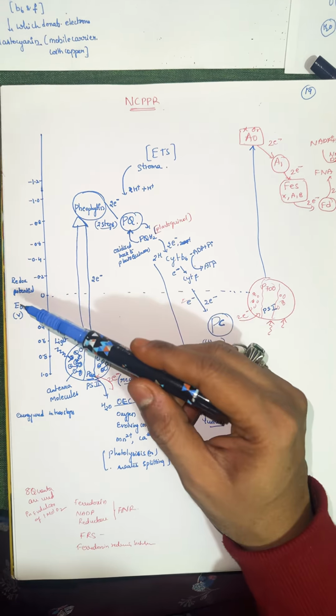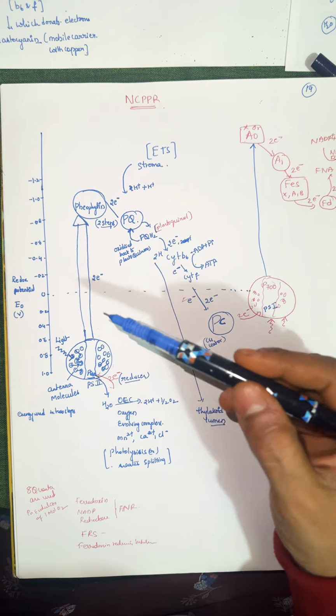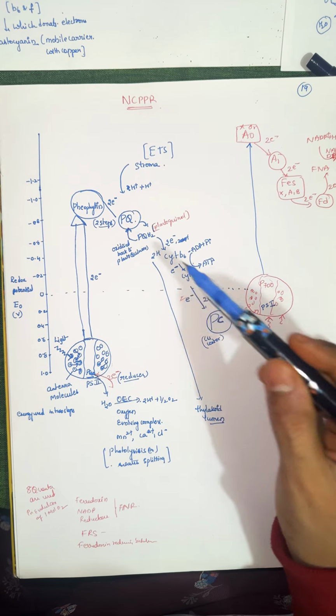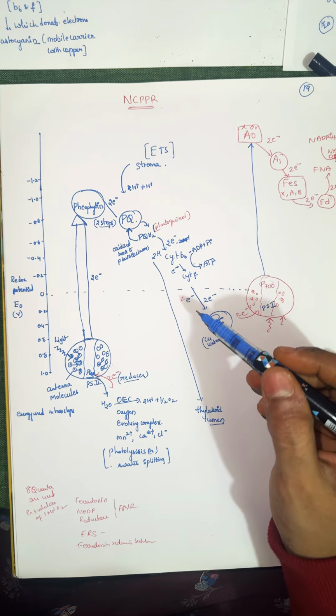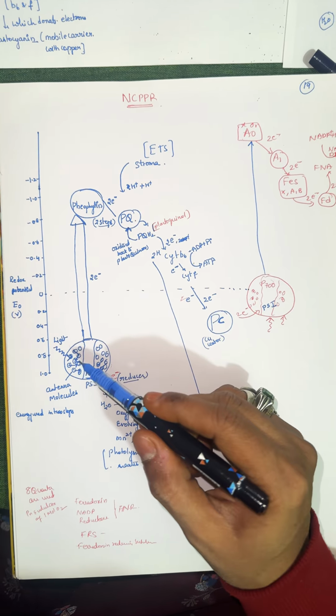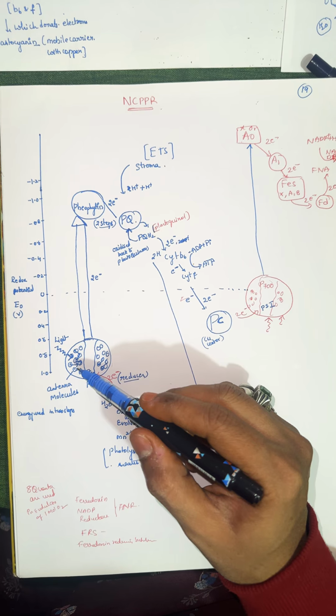Here, on the redox potential scale, we see where the energy travels from one place to another. On the redox potential scale, we see the zigzag schematic representation. That is why it is also called the Z scheme. First, what happens when the sunlight energy is coming: the accessory pigments accept that energy, and that